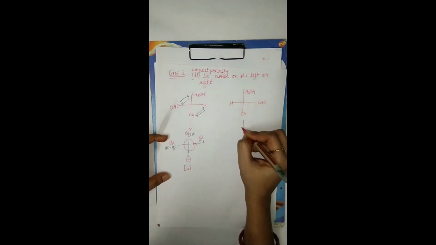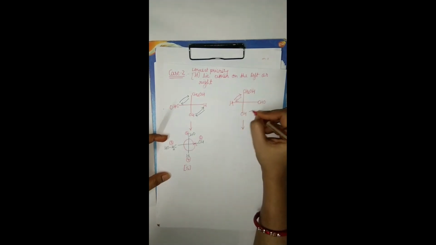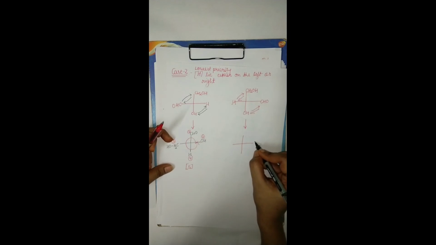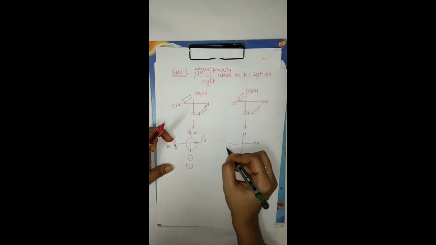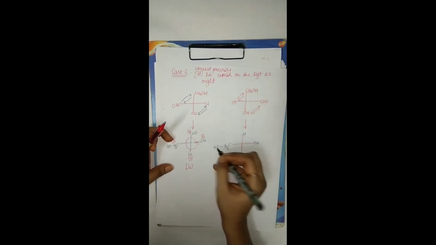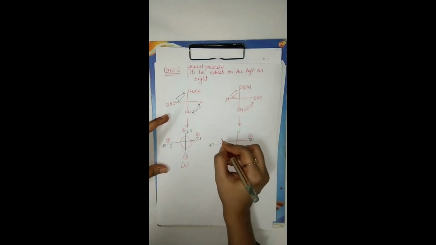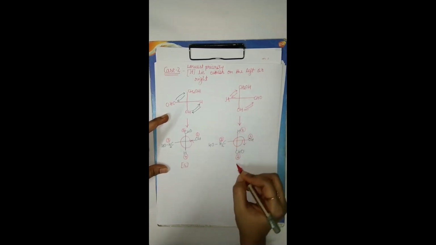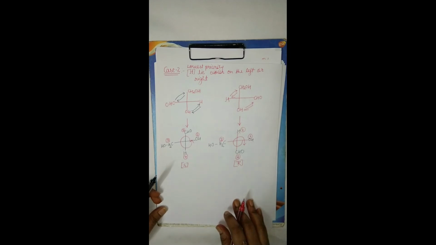And in case of this, if we move the compound to the left, what will happen? OH, CHOH, CH2OH. Give the priority. First priority, second priority, third priority, fourth priority, and 1, 2, 3 like this. This is our nomenclature. Okay students, this is the case 2 when the lowest priority lies either on the left or on the right.